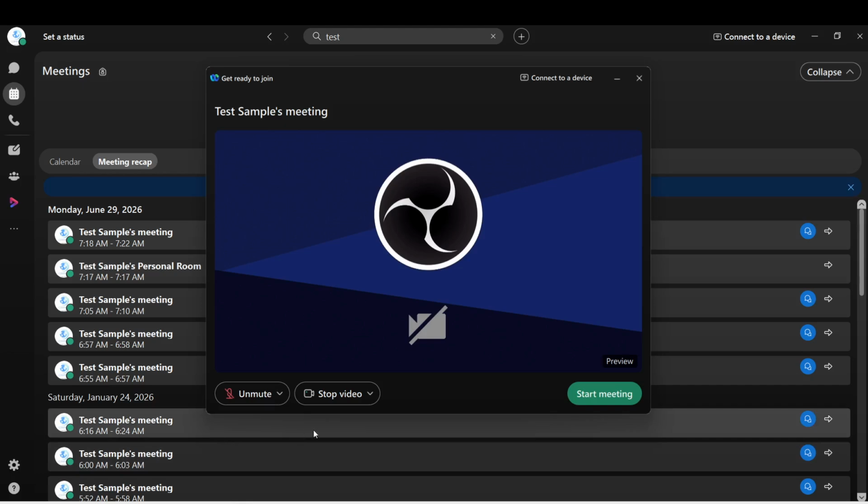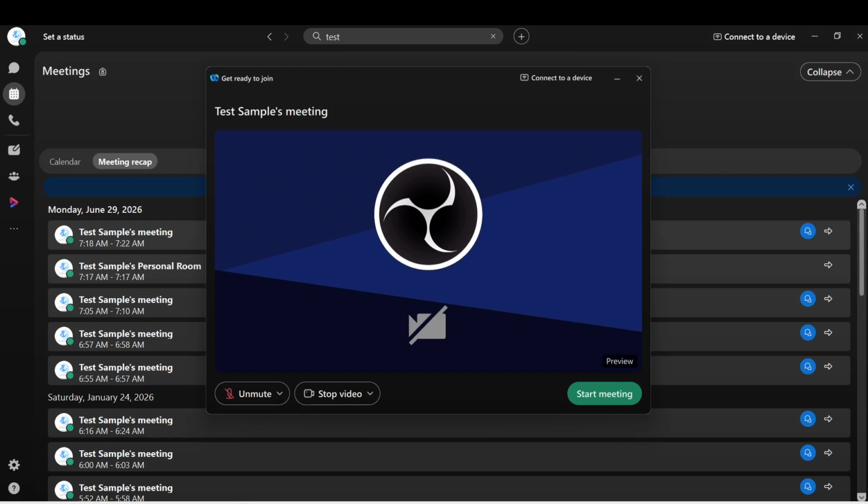Finally, adjust your microphone and video preview. Then click the green Join Meeting button to enter. This is your last chance to check your audio and video settings before joining. You want to ensure your microphone is working and your video is set up correctly. This step is significant as it allows you to present yourself well during the meeting and contributes to effective communication.